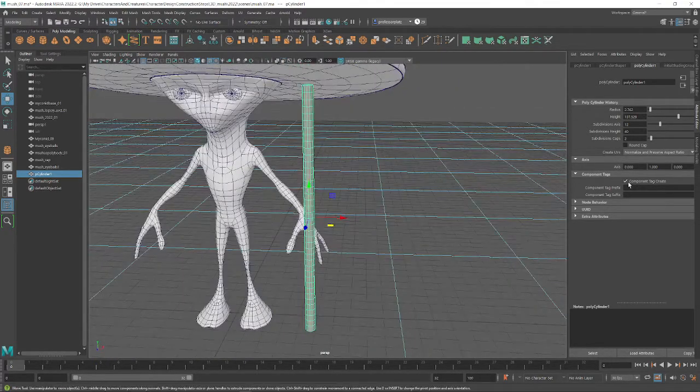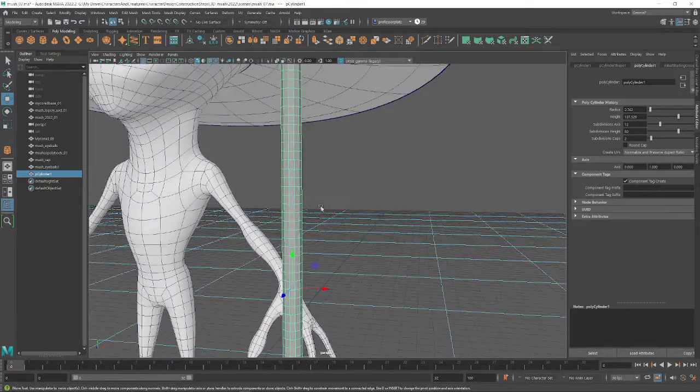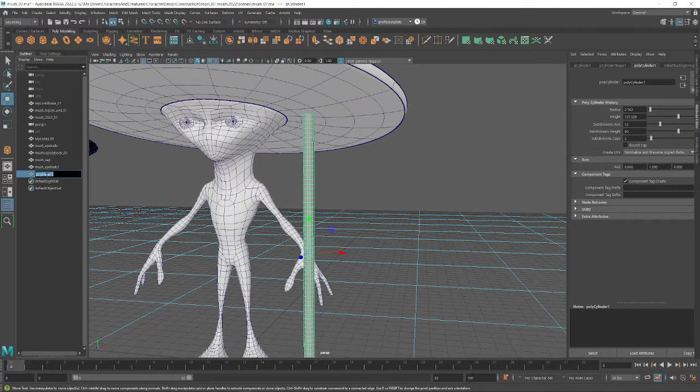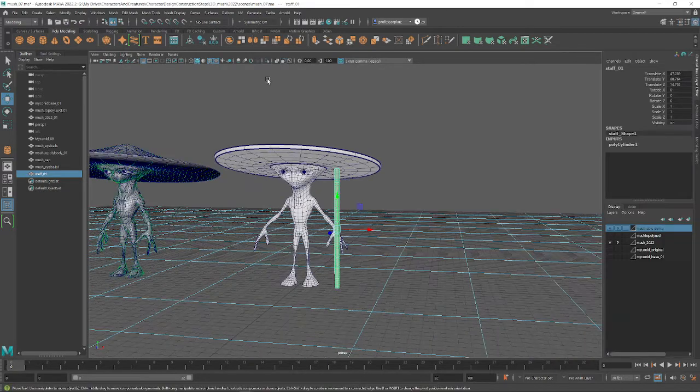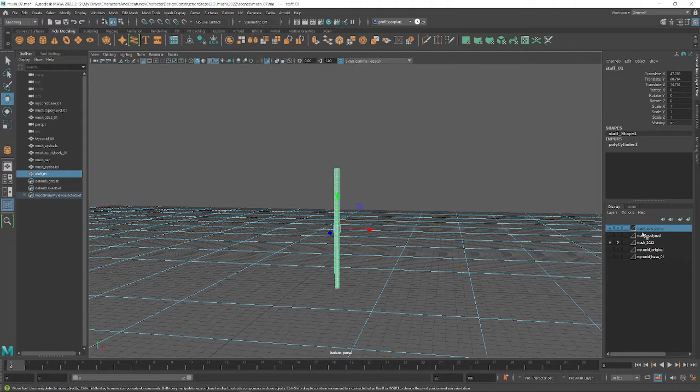There we go. Now I could do less on there, but let's go see what that is. Yeah, there we go. So they're pretty close to square. They don't have to be perfect. But this is going to subdivide really nice. And I make sure I name stuff as I go, so we'll do staff. And so you can isolate objects with the isolate button. Whatever 3D package you're working in, I recommend you figure out what your isolate button is, so that way you can quickly, if you have a whole bunch of stuff in your scene like I do,